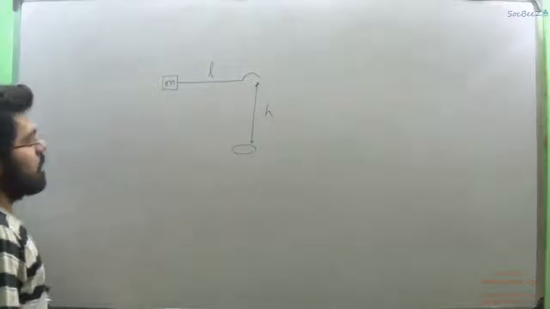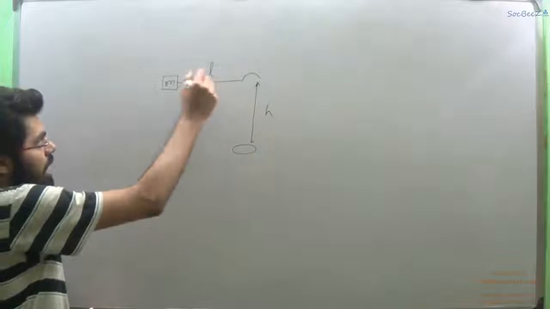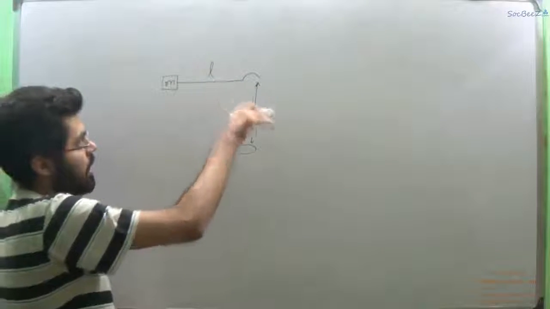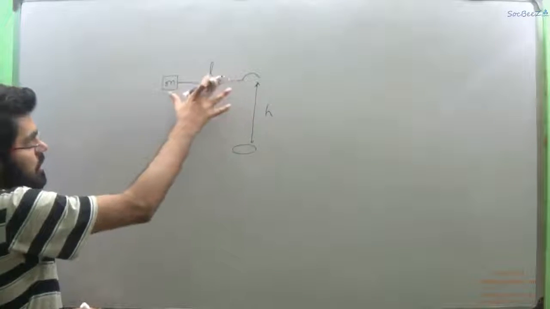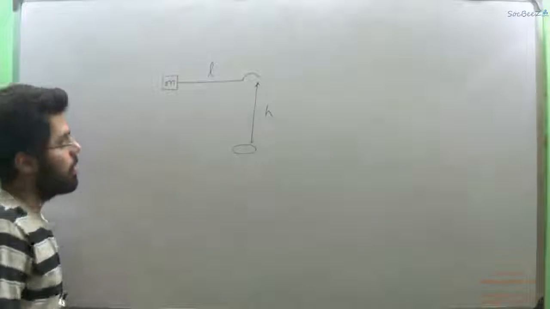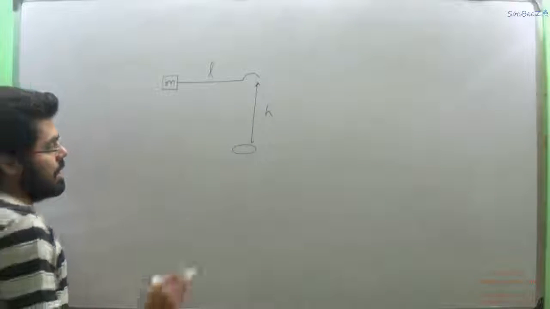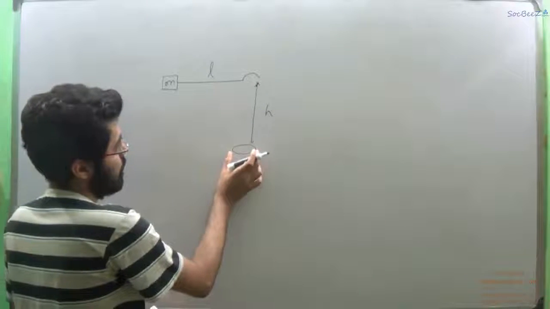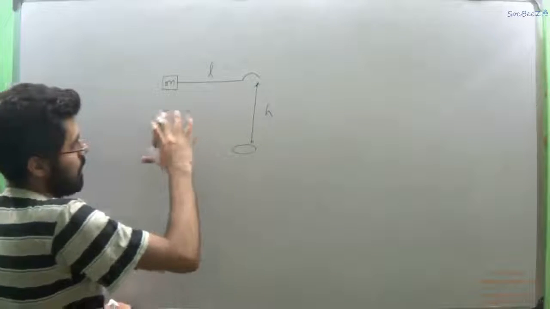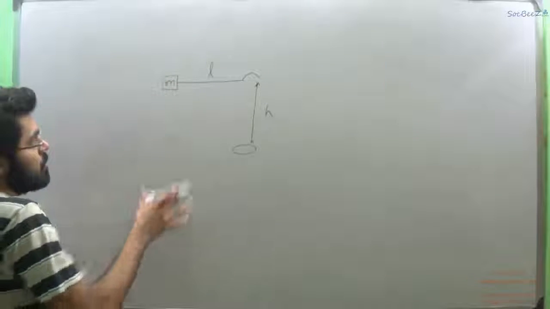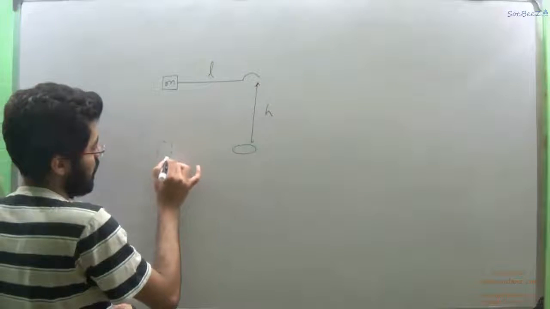So this is a case in which a block of mass m is given to us. It is attached to a rod of length L, and the rod has a hook at one end. This system is in a horizontal position. Below this rod, there is a fixed ring at a height h below the hook. The adjustment is made such that when this system starts falling down, it will come to a position